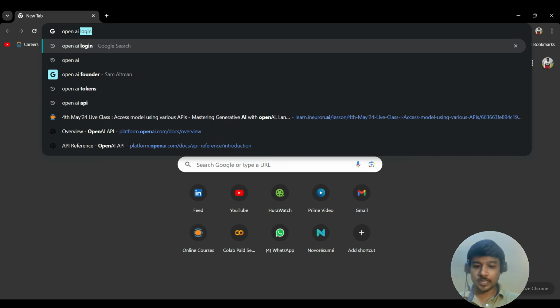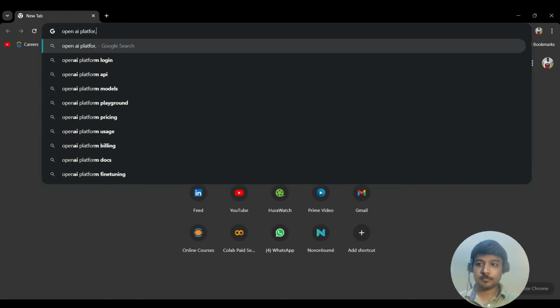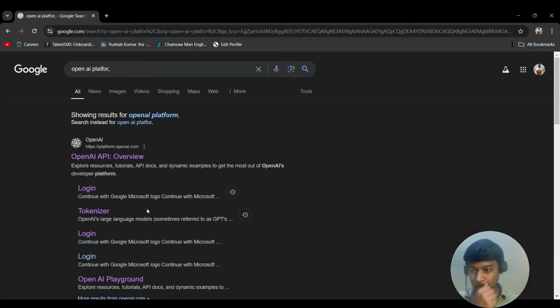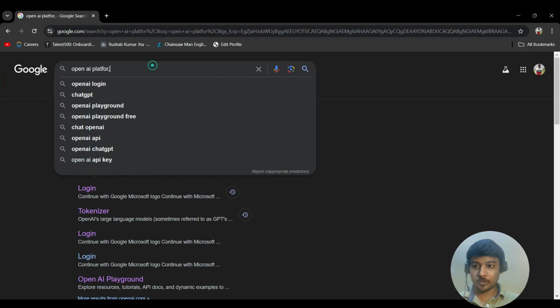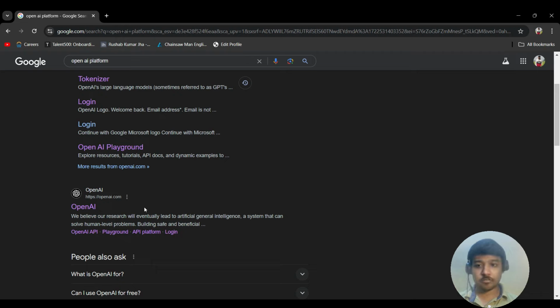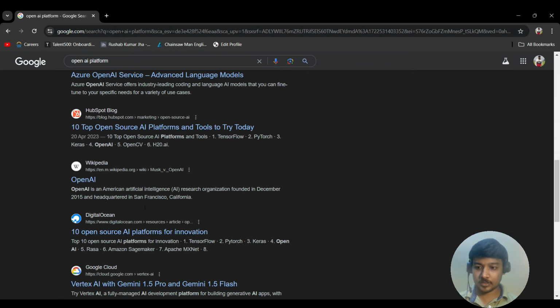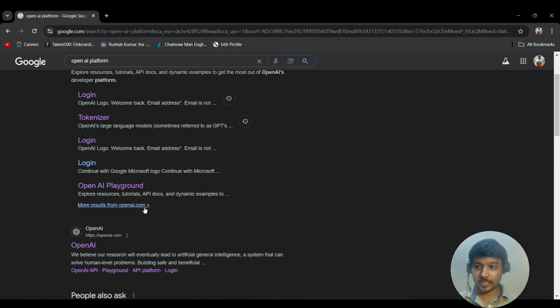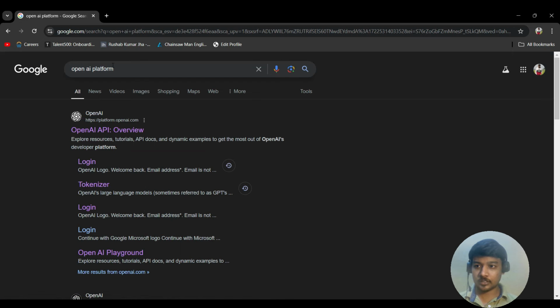So just type in OpenAI and write platform. Sorry, okay, it was not able to get it. So click on platform, and once you click on it, you can click on the first model that is there. Just a minute. OpenAI platform.